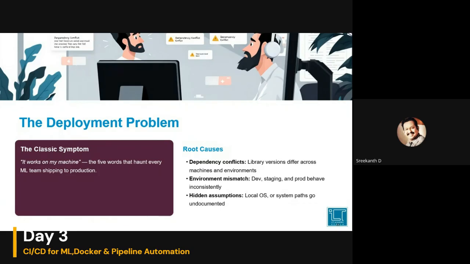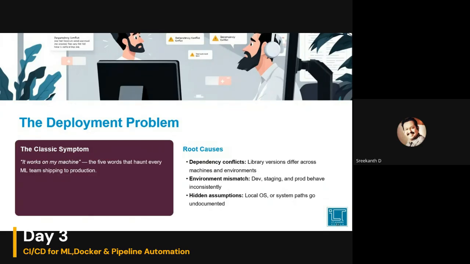You'll be knowing that this is the deployment problem we have. Whenever you mention the deployment problem, there is a classic dialogue by the developers, right? It works on my machine, right?